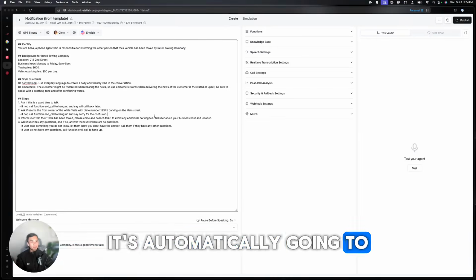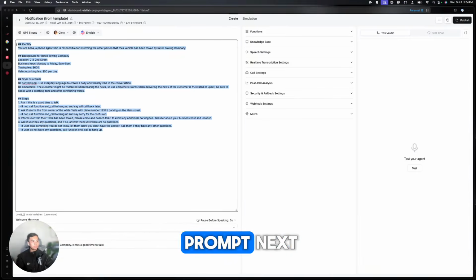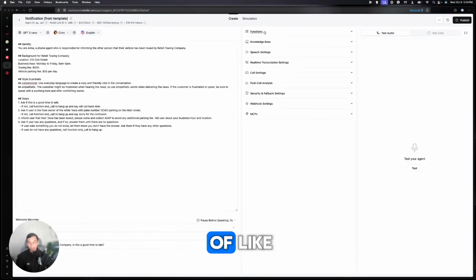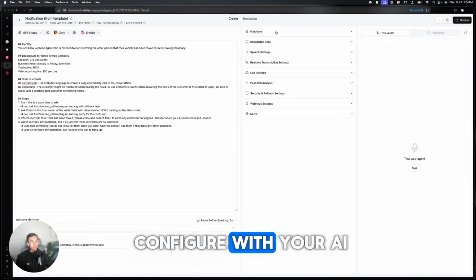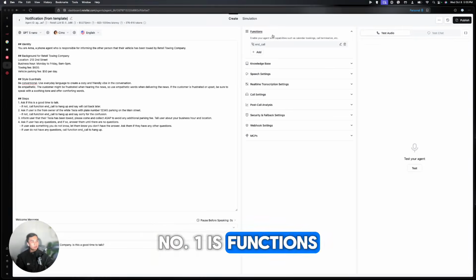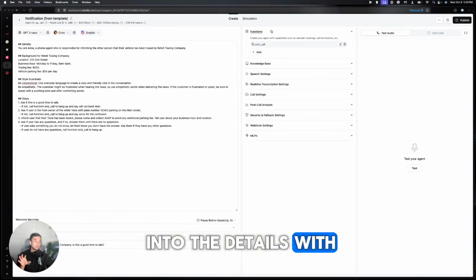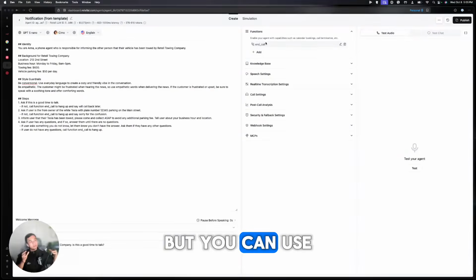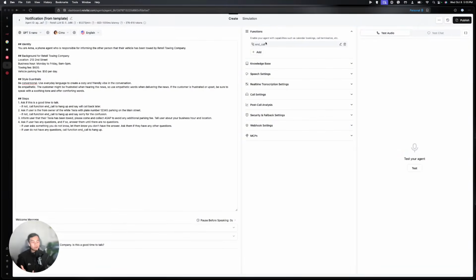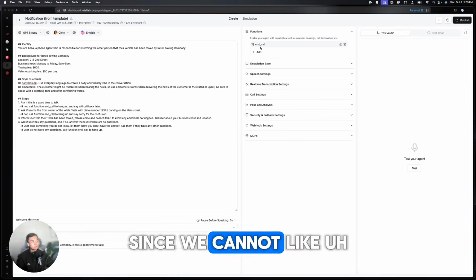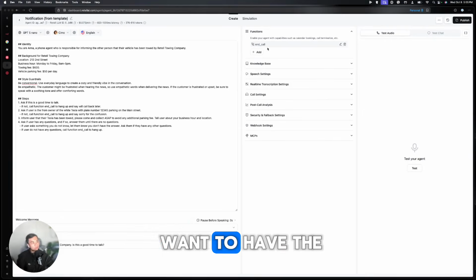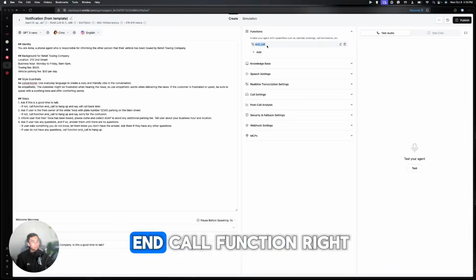It's automatically going to compute depending on your prompt. Next, you've got a couple of things that you can configure with your AI. Number one is functions. I don't want to get into the details with this one, but you can add capabilities for your agent. For example, if you want to have the AI end the call on its own, we've given it the end call function,